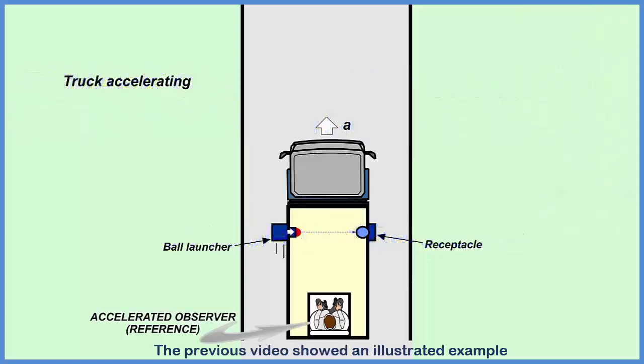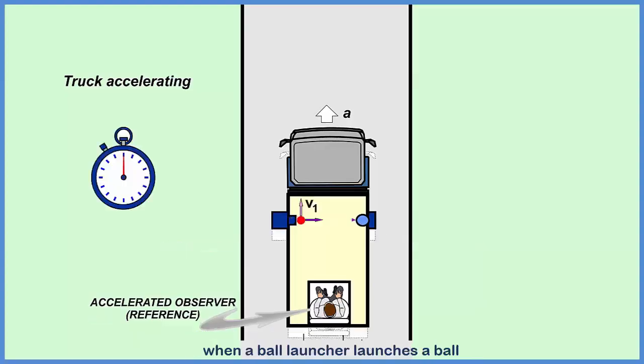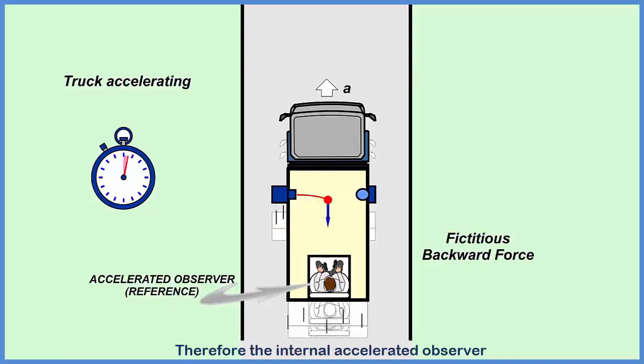The previous video showed an illustrated example of a fictitious force that appears for an accelerated observer positioned at the rear of the cargo box of an accelerating truck. When a ball launcher launches a ball transversal to the truck's forward motion, as soon as the ball leaves the launcher it has a forward velocity v1, and since it does not interact with the truck body, it maintains this forward velocity v1 constant. Therefore the internal accelerated observer sees the ball moving in a backward curve attributed to a